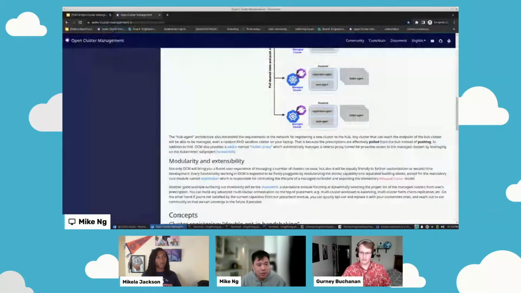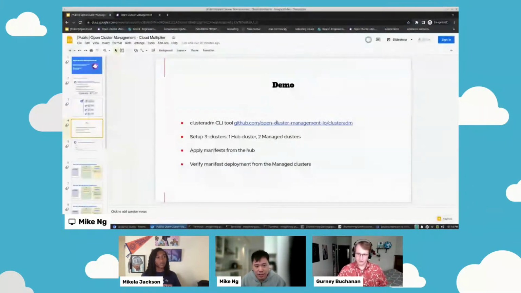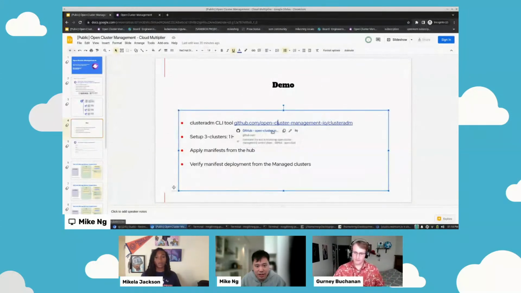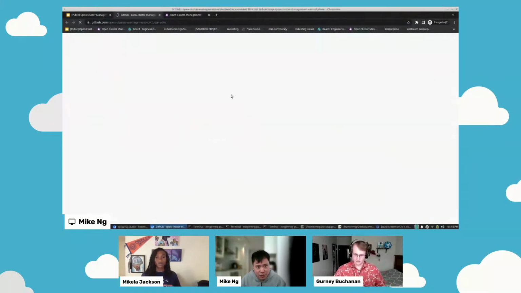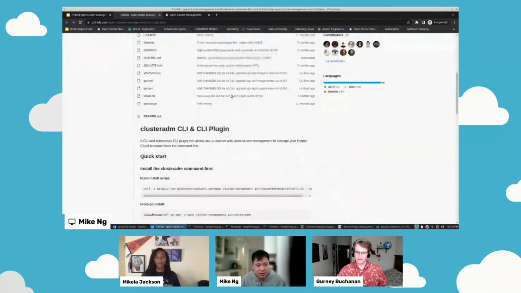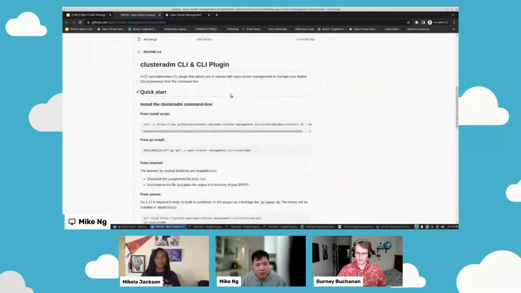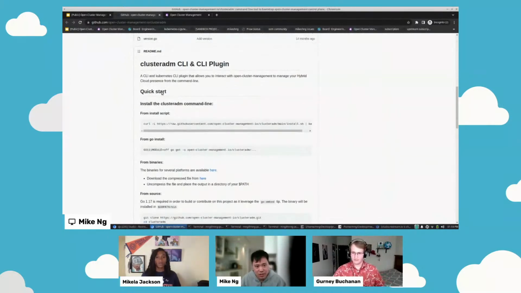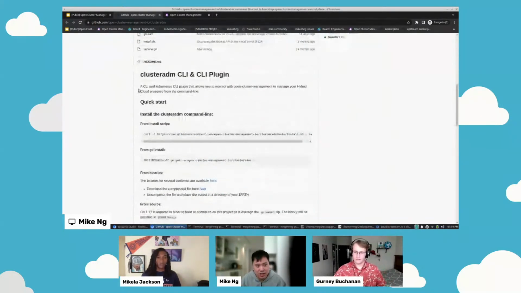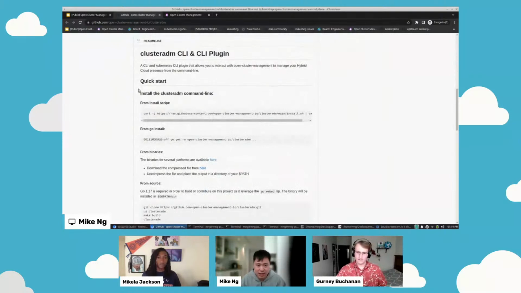What I'm going to be using is the clusteradm CLI tool. This clusteradm CLI tool is based on our experience from the kubeadm CLI tool, so some of the commands might be similar and do similar things. With kubeadm, you bootstrap a Kubernetes cluster with the control plane, and then you join worker nodes to that control plane.